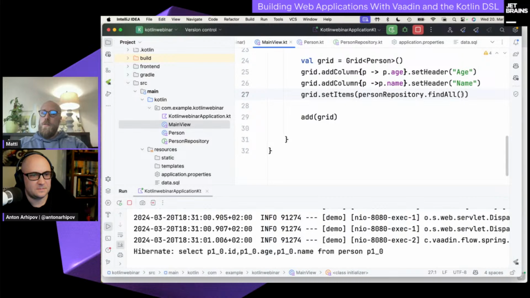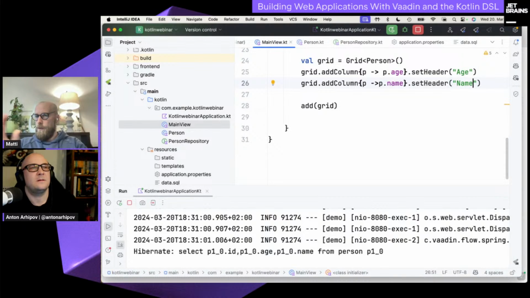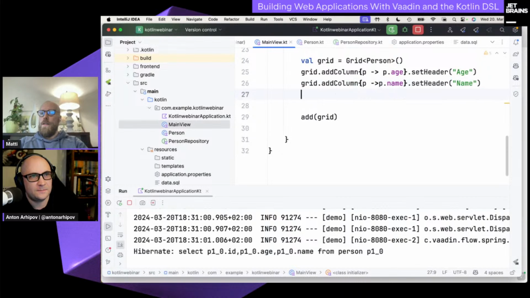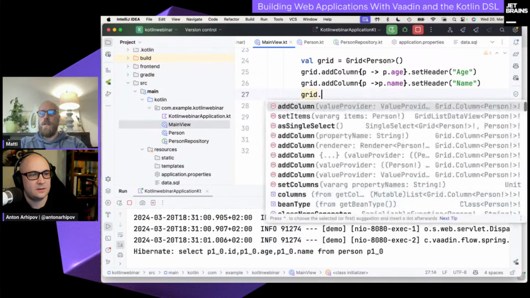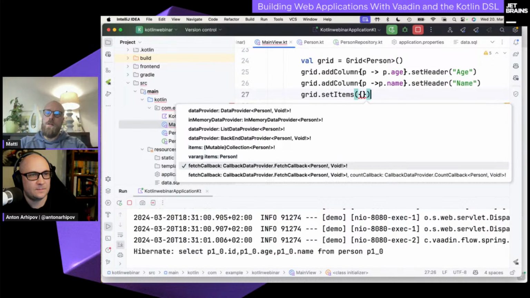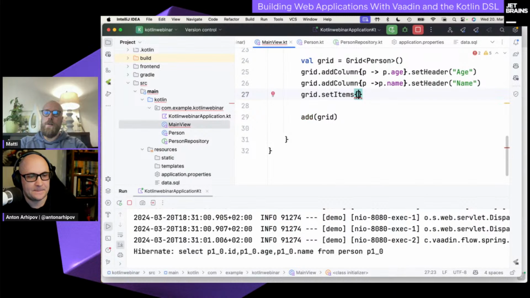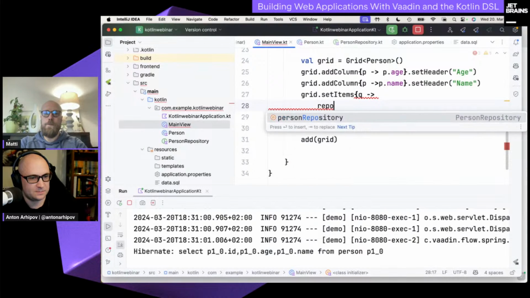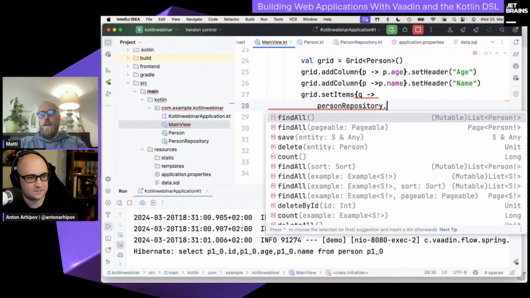This can be avoided, of course, if you use so-called lazy loading also from the JVM to the database. So we were already lazy loading the data from the JVM server to the browser, but now let's change this data binding to use a callback. Let's create a Lambda expression here, and you will get a query from the framework, and we can go to the repository,